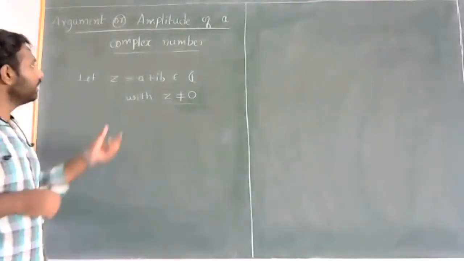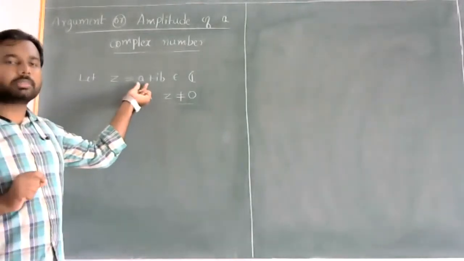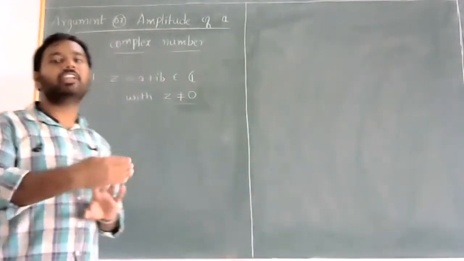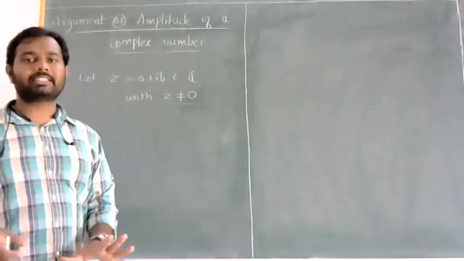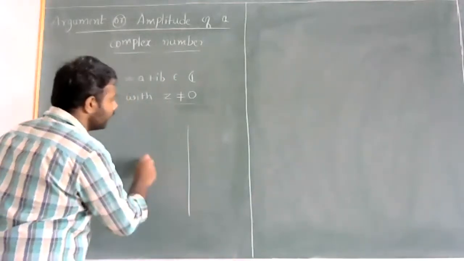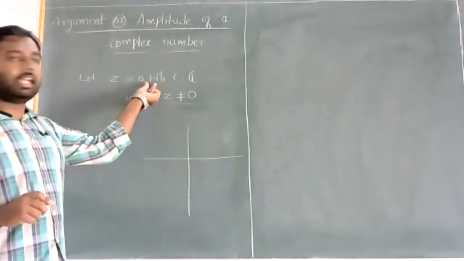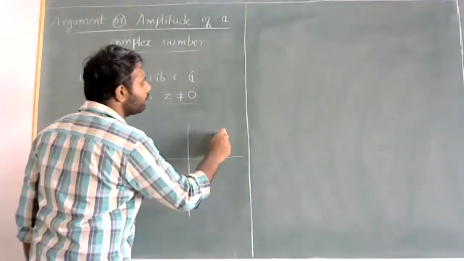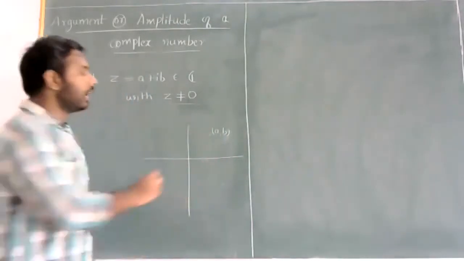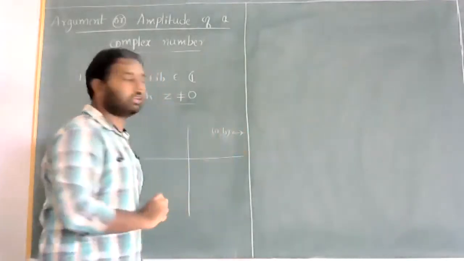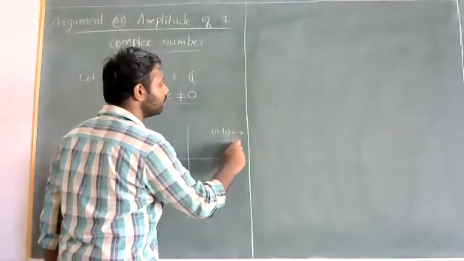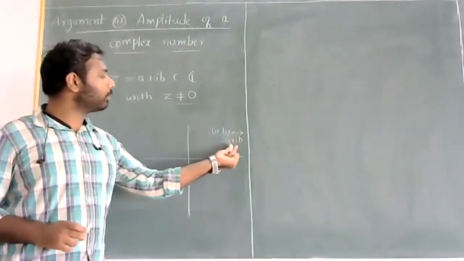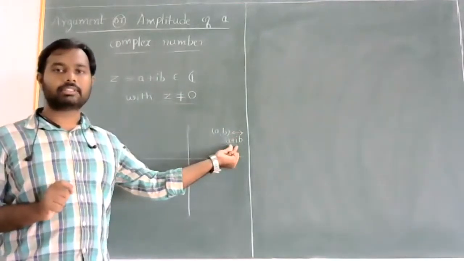Now, we know how to represent complex numbers on a plane, right? We'll take the same Cartesian plane and modify it into a complex plane. In representing the complex number a plus ib, first of all, we have to identify the ordered pair a comma b on the plane, and that will be the corresponding point for the complex number a plus ib.